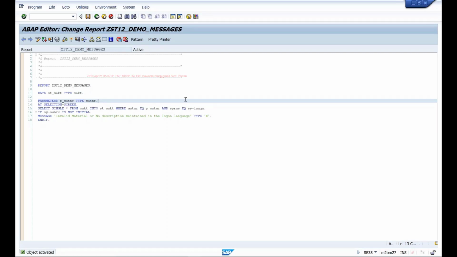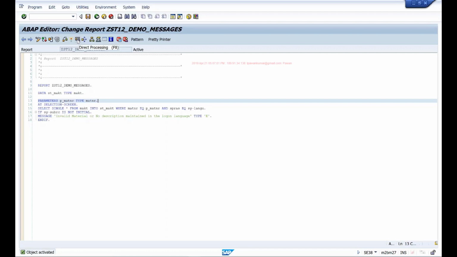So one select I'll write to MARA to validate only the material, and then another select I'll write to the text table, language table, where I'll see if that is a valid language or not. And then accordingly I'll show two separate messages. Okay, but in our case, just to keep it simple, I'm just doing one validation and showing a common message.